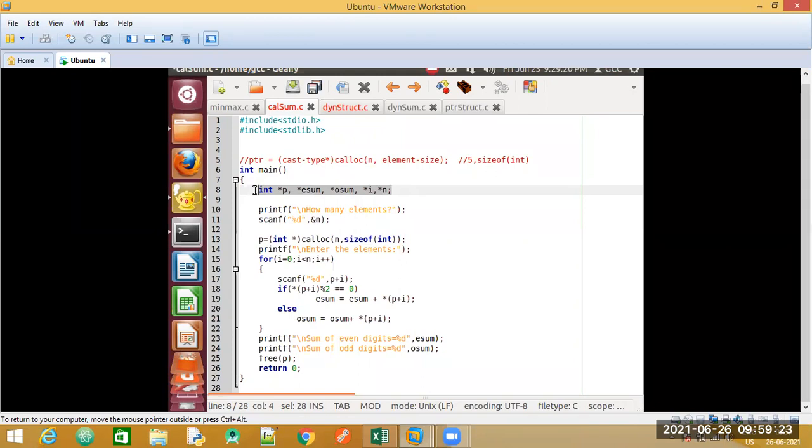Remember that whenever we use a pointer declaration, we cannot directly initialize esum and osum, because they are not pointing to any memory location. They are called dangling pointers, which are just hanging in the memory.